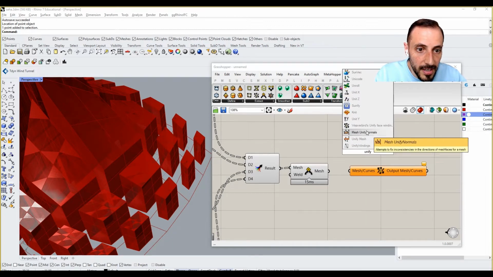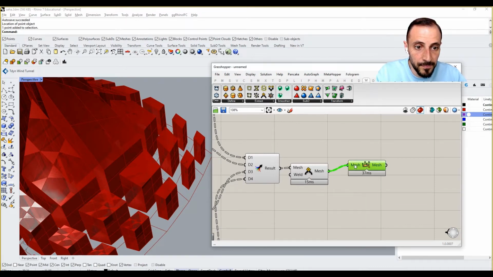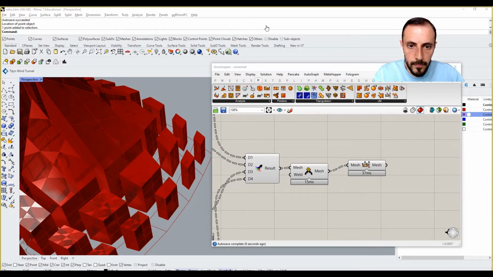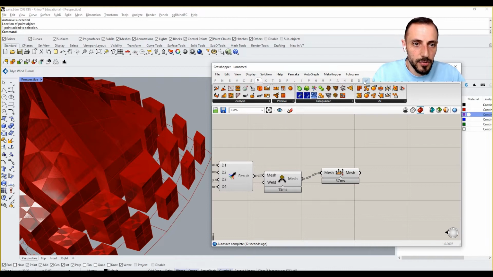We can use this one as well. It doesn't have to be from the Weaverbird as well. Yes, so we have our meshes, and what we'll be using is we go to Weaverbird,